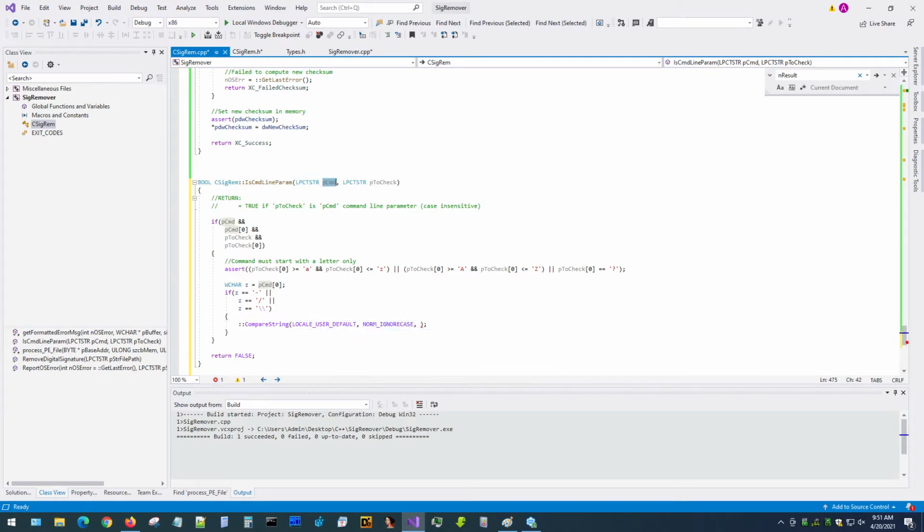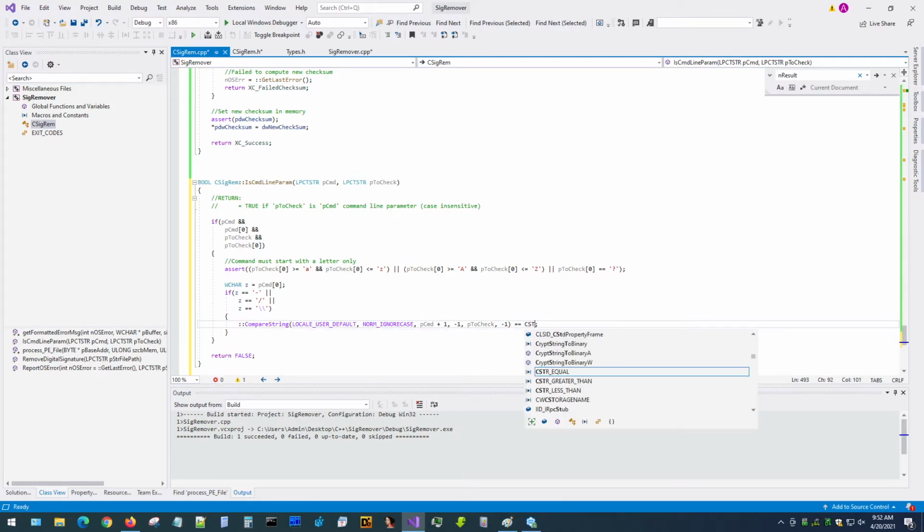Then we take the next character after these, and we don't know the length, and we compare it with what we want to compare here, and we don't know the length of that either. So if that equals string equal,